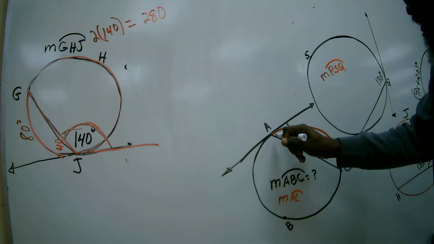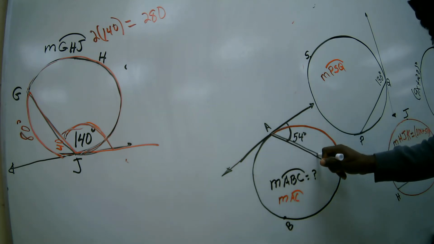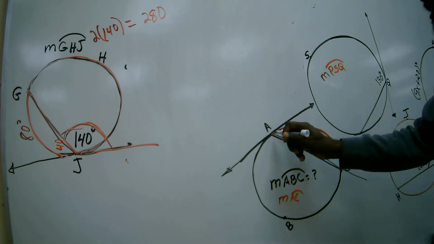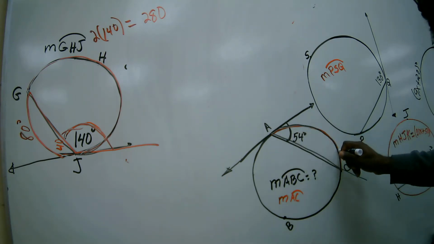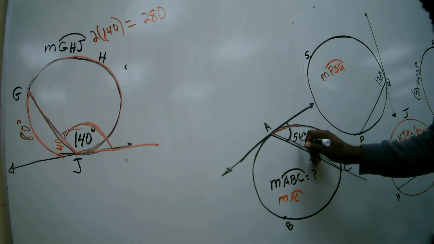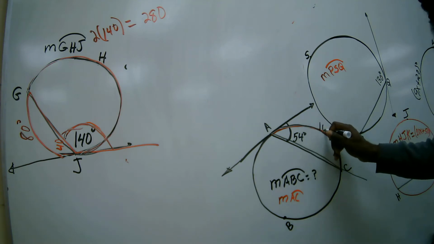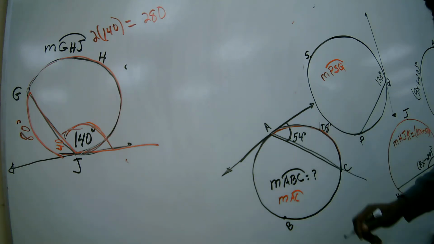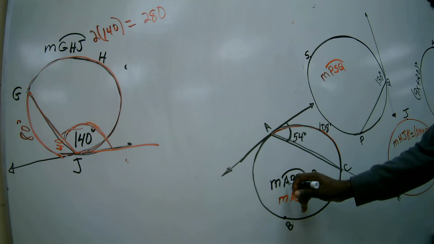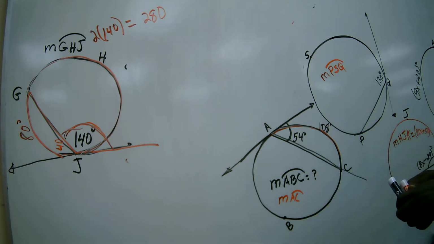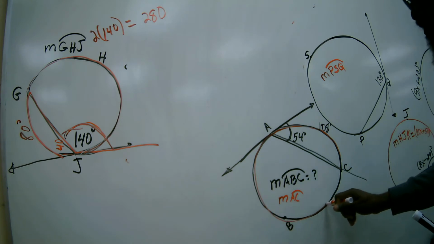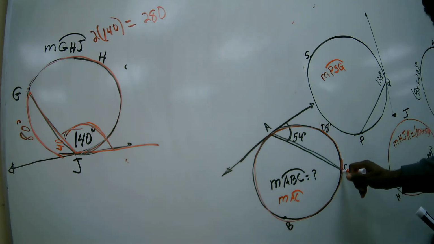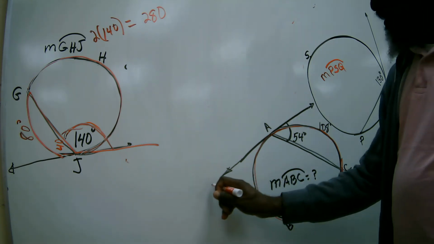You have the angle that is formed. The angle is 54. Therefore, I can find this easily. So I will take 2 times 54, which is 108. This will help me to find ABC. Now, to find ABC, that will be from here to there. Since the entire circle should be 360, then I will have 360